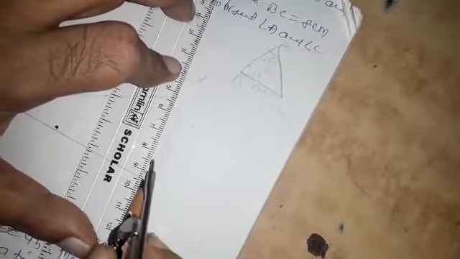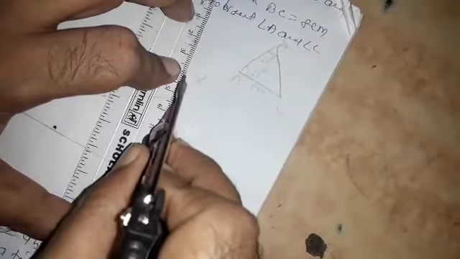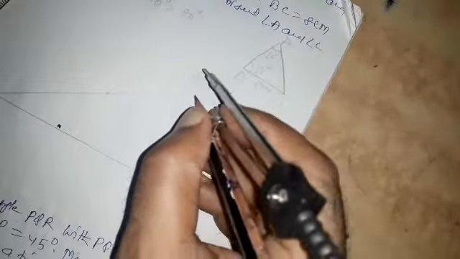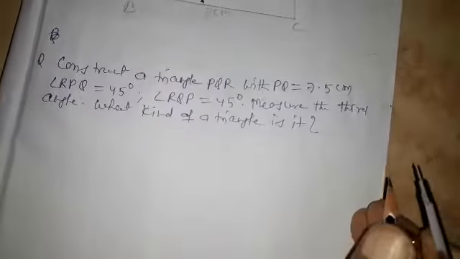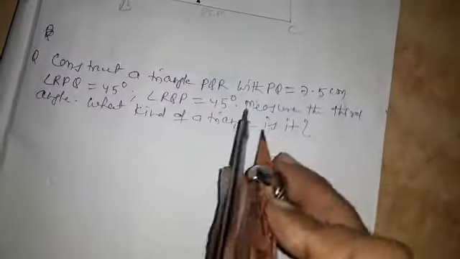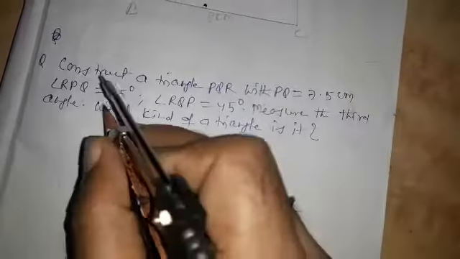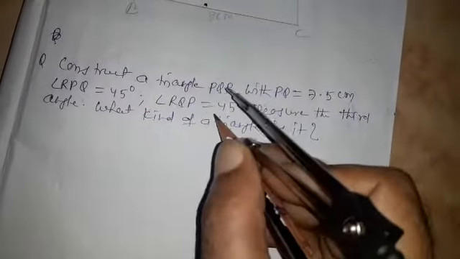and join C and that point which cuts the previous line at a point which is here A. Thus ABC is the required triangle whose angle B is 50 degree, angle A also be 50 degree, and BC is 8 centimeter. Now another question is construct a triangle PQR with PQ 7.5 centimeter, angle RPQ 45 degree, angle